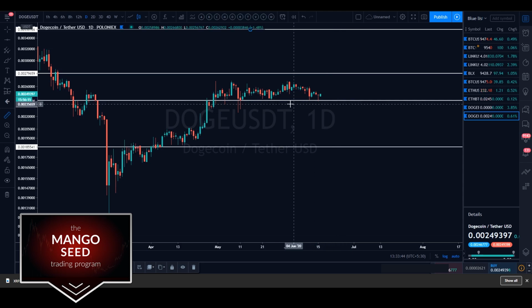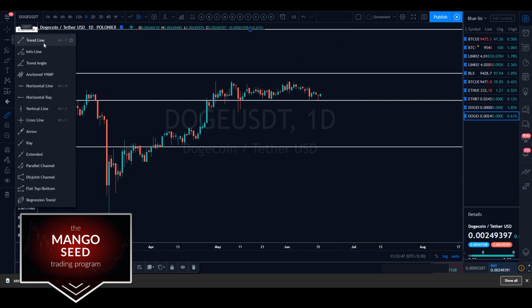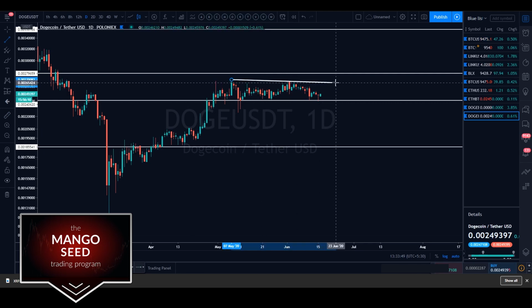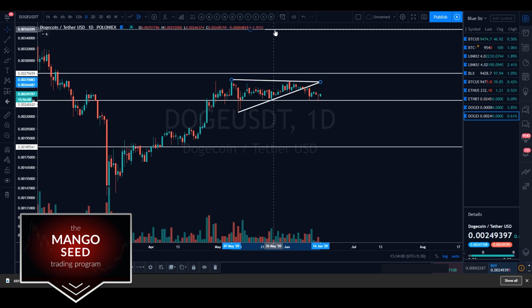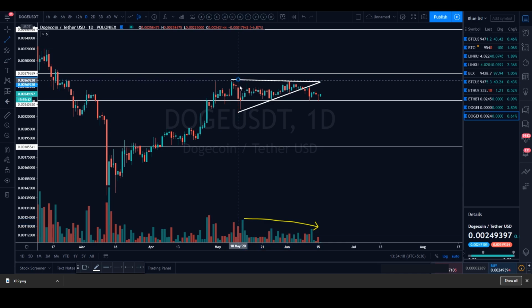Okay, so as you can see, we are holding that still. Although I do believe that this could very well be a pattern of sorts that Doge has actually picked a side on. Now, I'm looking at a potential symmetrical triangle, but to confirm this pattern, I'm actually going to switch on my volume. Usually when I'm looking at symmetrical triangles, I'm looking for a descending volume profile. Okay, so I'm looking for that, and it appears that we have that, and there seems to be volume confirmation here. So, okay, we have that volume confirmation on the symmetrical triangle, and the measured move,